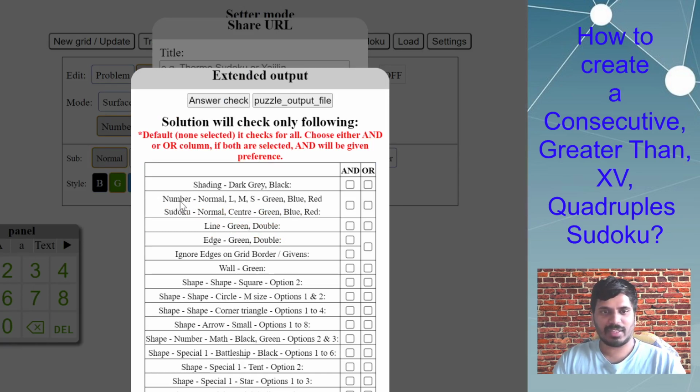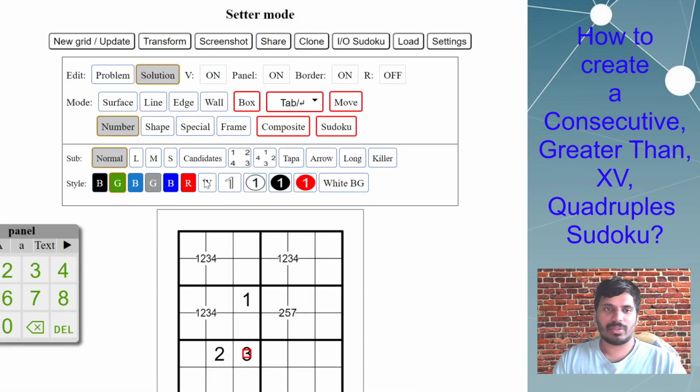Like you can see the number, it only detects green, blue, and red color. So make sure you are in either; by default it always lands in green, so you don't need to change, you can just use that, and then enter your solution, let's say 1 and 2. I'm not entering everything now, just to show you what you need to do. So enter the entire solution in the solution mode or solution tab, and then finally one step which a lot